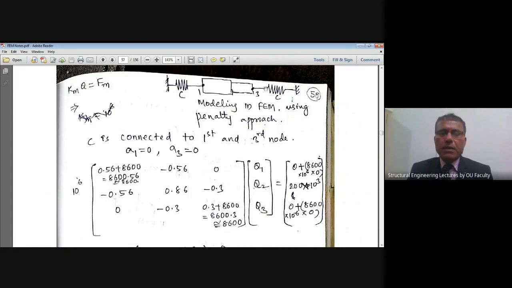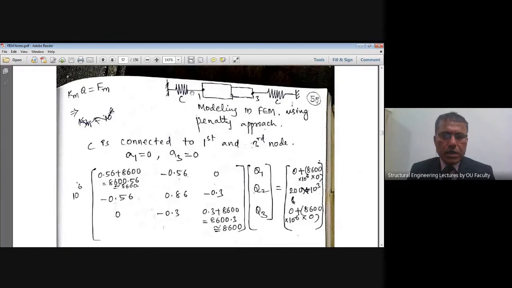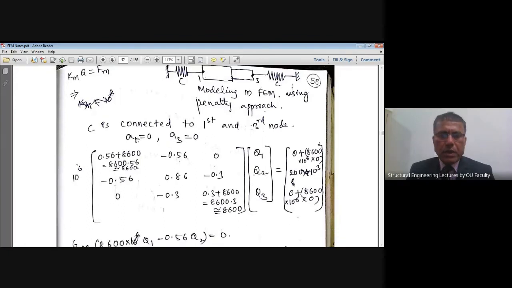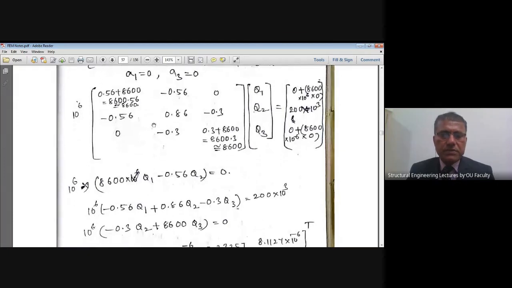Then similarly, here Q3 is equal to 0, an actual boundary condition. Therefore, now you insert a spring of huge stiffness, whose numeric value is equal to C, between the end of this element 2 and the starting of the rigid boundary at the right side support. That is how the FEM model using the penalty approach is shown here, right? Now, we already know that the left support cannot yield, the right support cannot yield. Therefore, Q1 is equal to 0, Q3 is equal to 0. These are the specified boundary conditions.